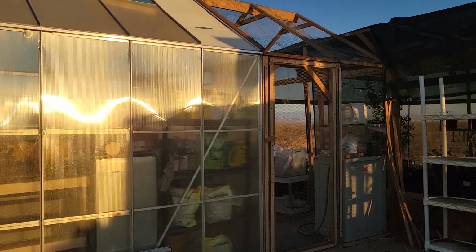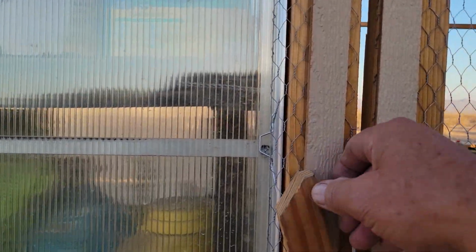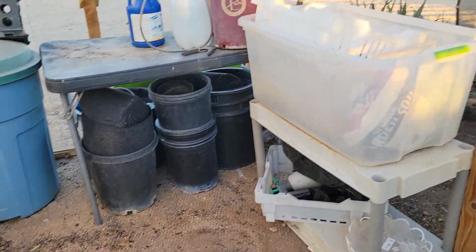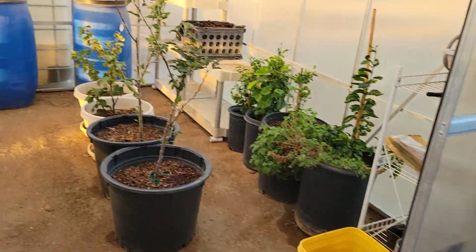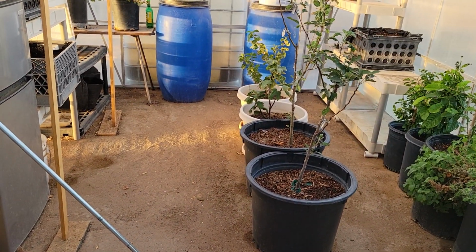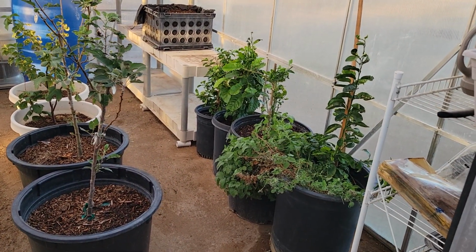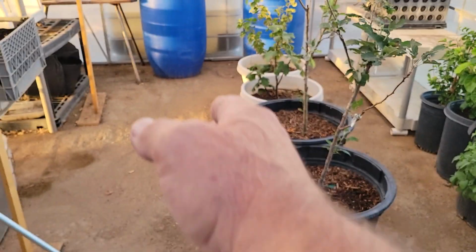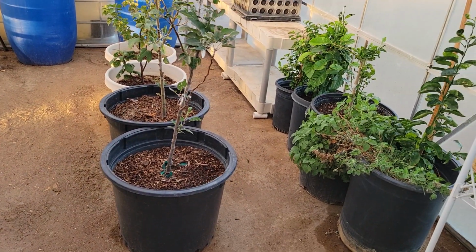And I figured, what the heck, while I'm at it, may as well keep on working, right? So as we step in here, you notice, oh, wait a minute, my apple trees are gone. Oh, wait a minute, my citrus trees are gone. Oh, look at this. I got this partially cleaned out. Got my apple trees, my fig tree, my cherry tree, and got all my citrus trees in here. I think I'm going to move the citrus trees over into this row along this left side of the apple trees. And the reason for that is